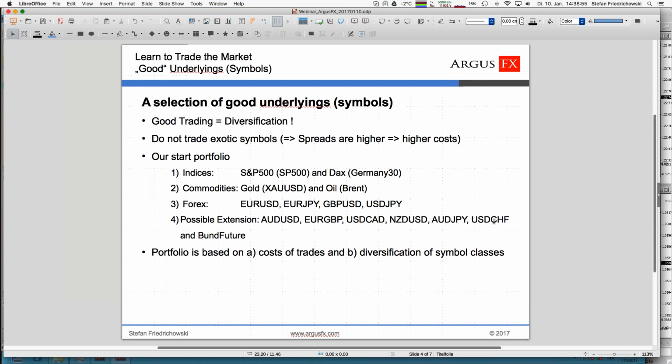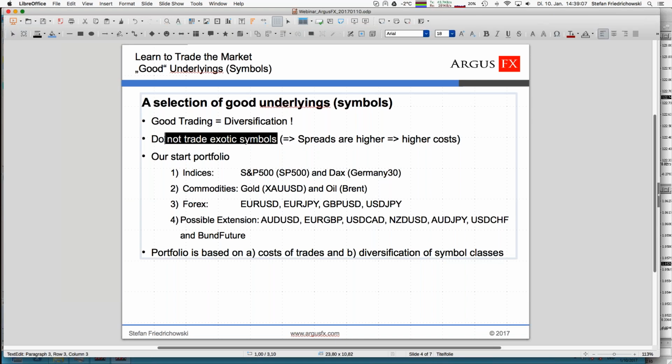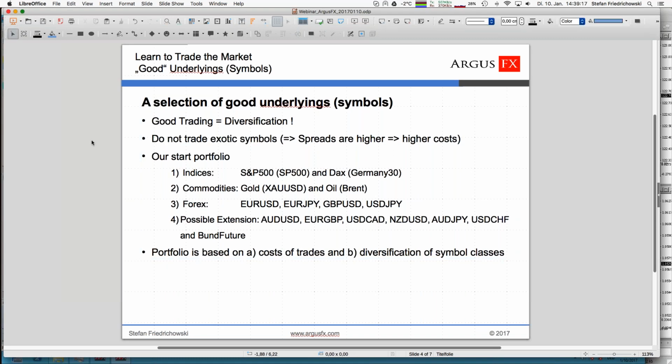As you have learned already, we always have to pay the spread, so the spread works against us. Therefore, I don't want to trade any exotic symbols, because those exotic symbols have higher spreads, and that means higher costs. So therefore, I don't recommend trading those. So now we have 8 underlyings. They build up our portfolio, and